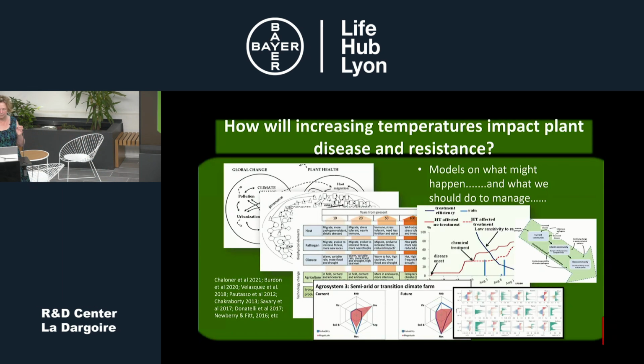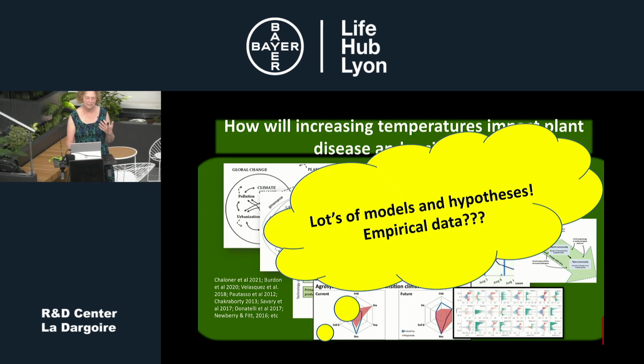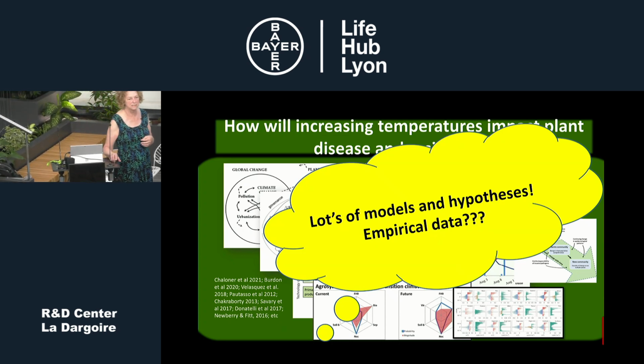So we've been wondering for a long time in our group, how will increasing temperatures impact plant disease? And there are a lot of models out there. A lot of people have been modeling this for the past 10, 15, 20 years of what might happen and what we should do to manage it. A lot of predictive models, but until very recently, there were lots of models and hypotheses, but we really didn't